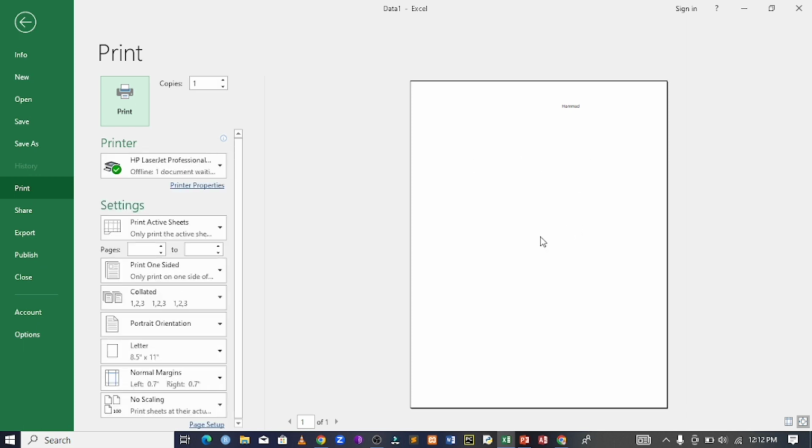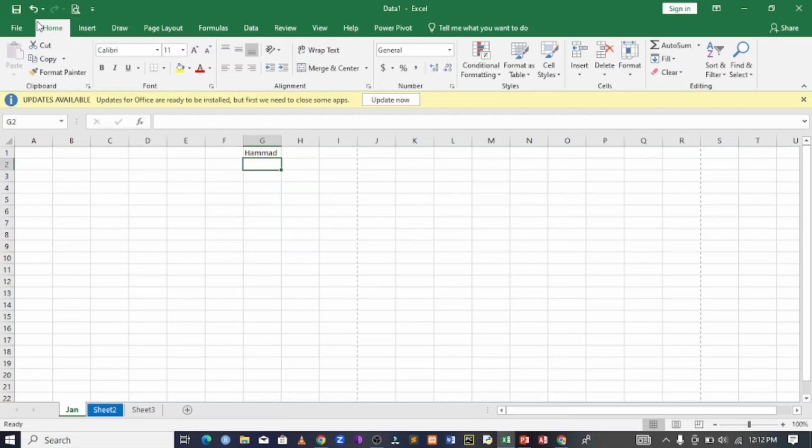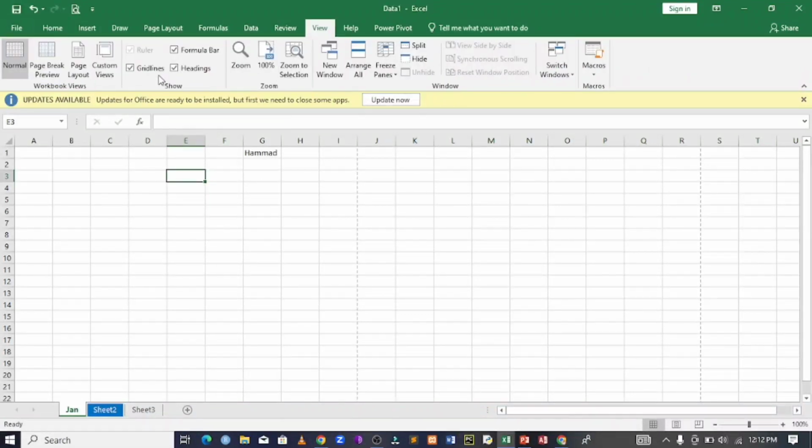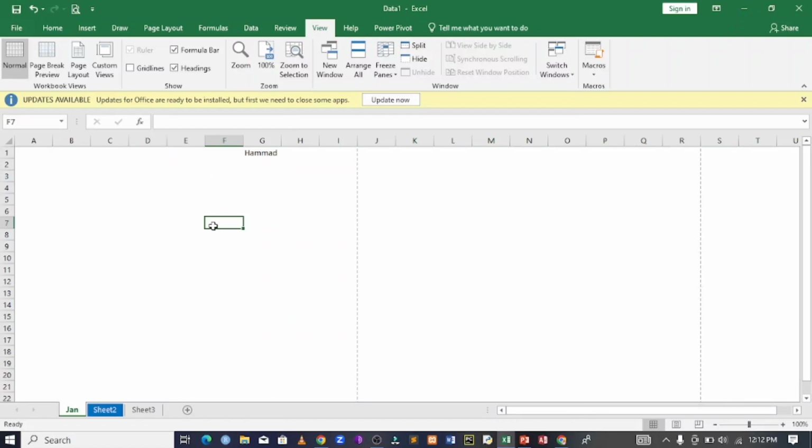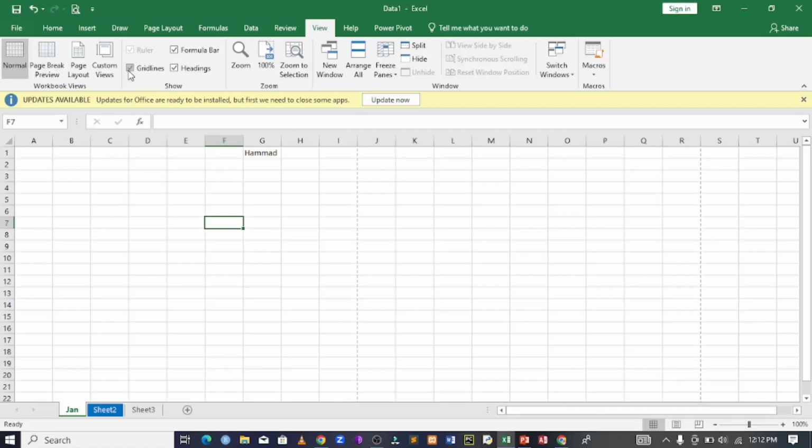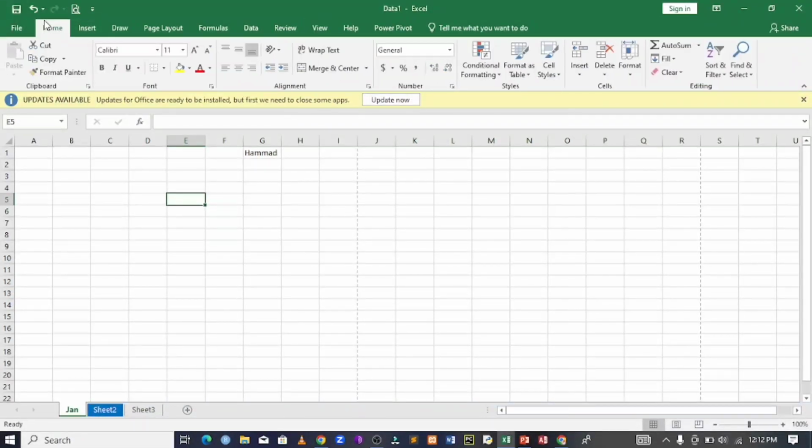Look at this one. Our paper is blank without that line, and we can remove that line that showed. We can remove the grid lines. If you want to remove these grid lines, just go to View. Look at this one, Gridlines. Untick it, it will disappear. If you want it, just tick it like this. So this grid line helps you to know the border of lines and many more about